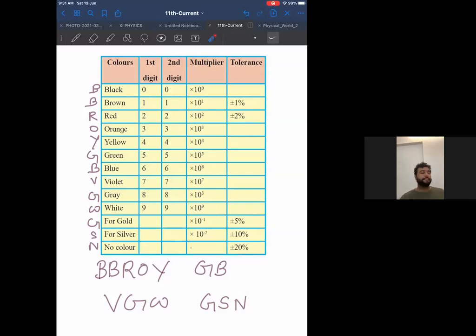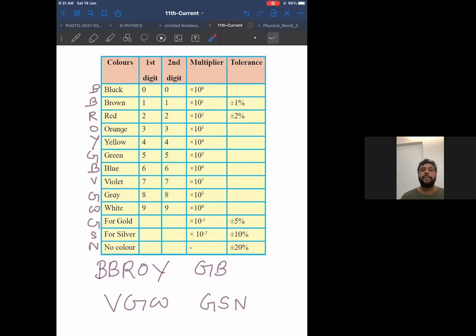Okay, now the first column is done, which is colors. Now look at the second column and third column. They are exactly the same. They are ditto. Very important to remember the name of the column. The name of the first column is colors. Now, name of the second column is first digit, and name of the third column is second digit.